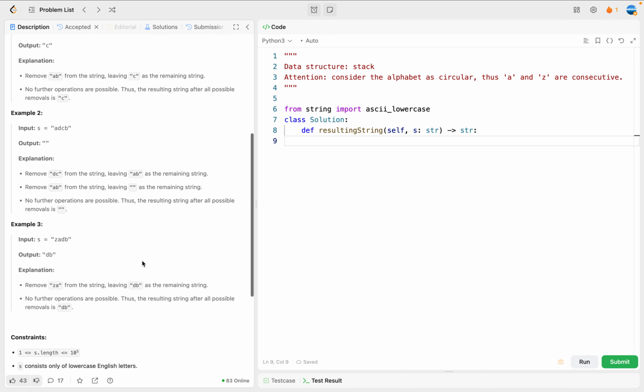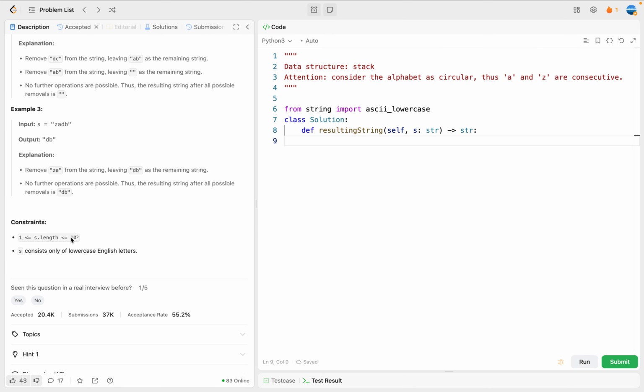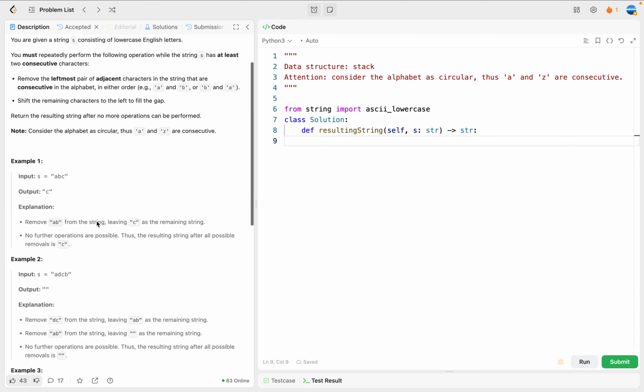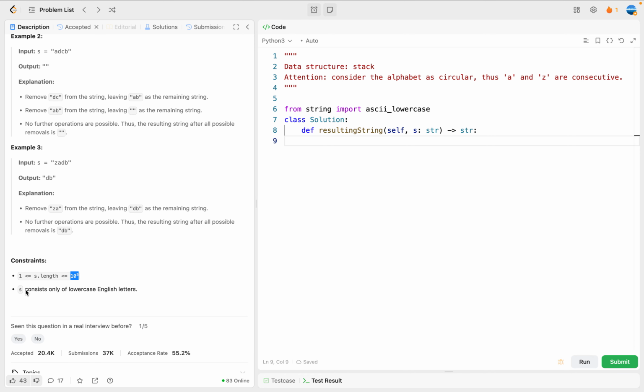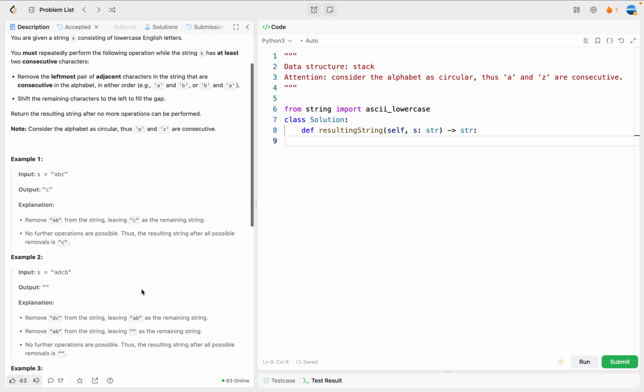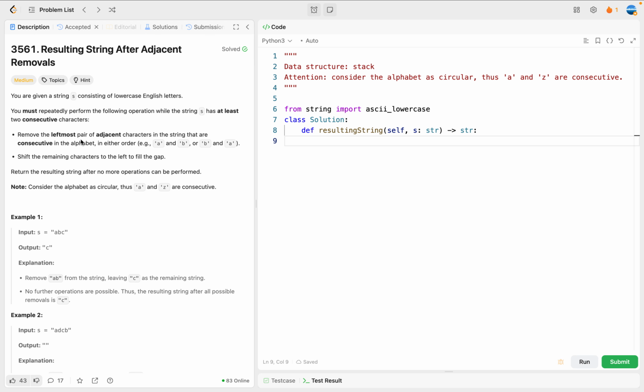Here, the length can be as long as 10 to the power 5. In other words, we need to consider time complexity. Another one is that S consists only of lowercase English letters. This actually indeed simplifies the problem, and it also should have such a constraint or additional assumption due to the definition of consecutivity, right? So with that said,